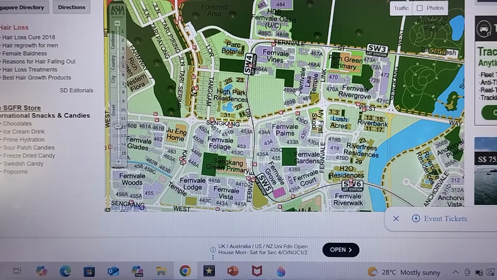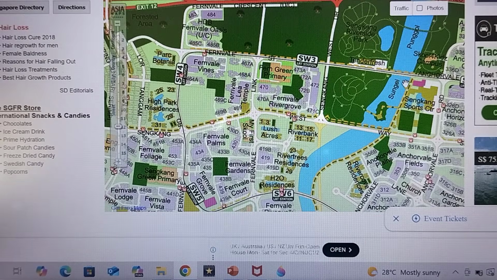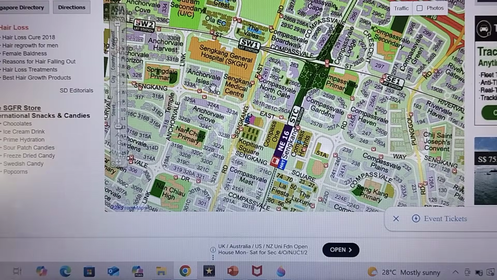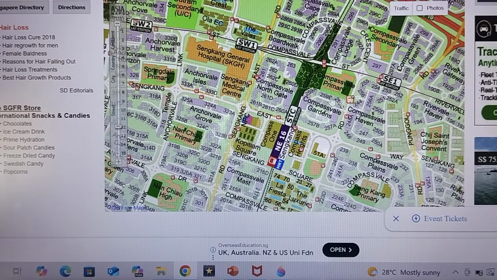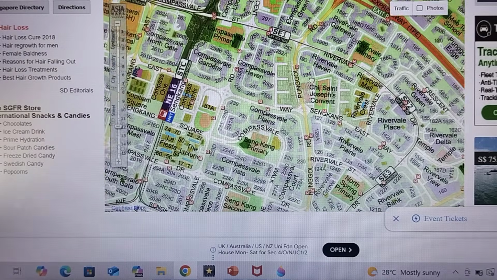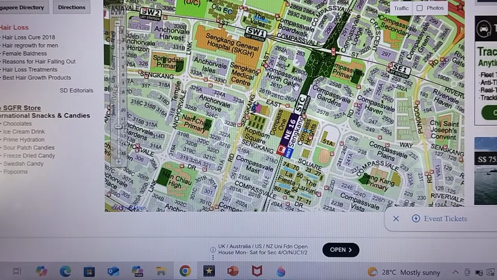There is demand during peak hours, but it's not consistent enough throughout the day to warrant the west and the eastern ends linking together. 374 right now is just purely residential, and the only way that you can justify having 374 is if people along the eastern end of the route want to access Sengkang General Hospital, Sengkang Medical Center, but technically you could walk from Sengkang to over here. So